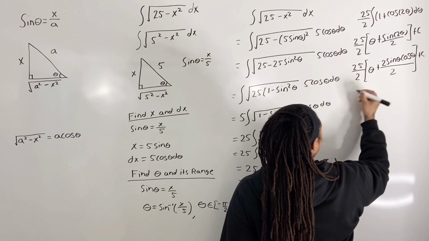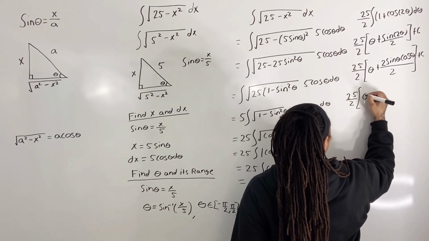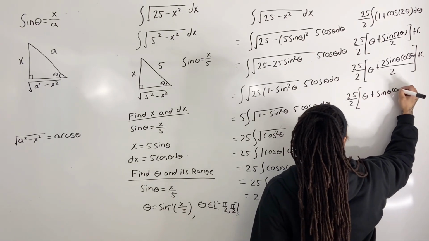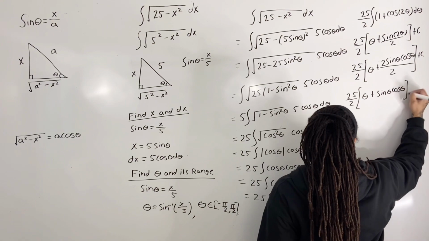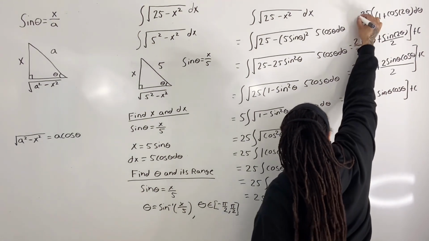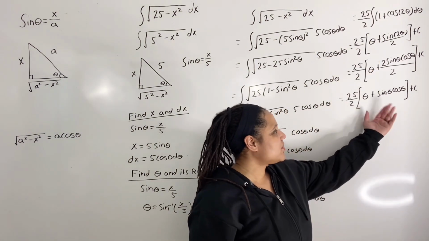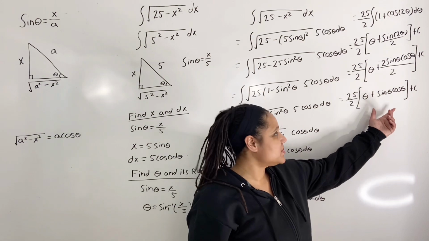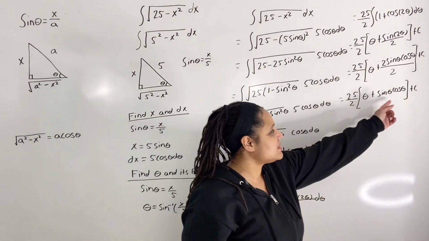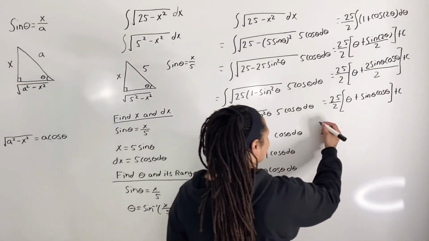And now the 2's will cancel, so we have 25 over 2 times theta plus sine of theta times cosine of theta plus c. Okay. And now we can go ahead and substitute back the value of theta, sine theta, and cosine of theta. So this is equal to